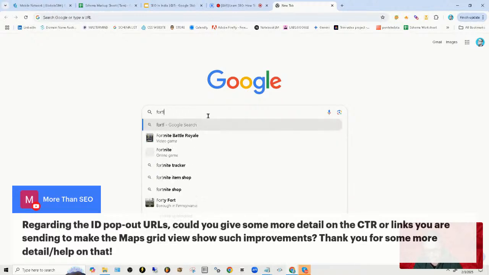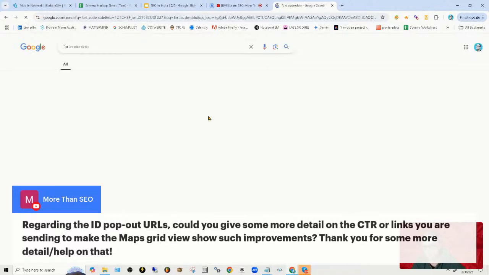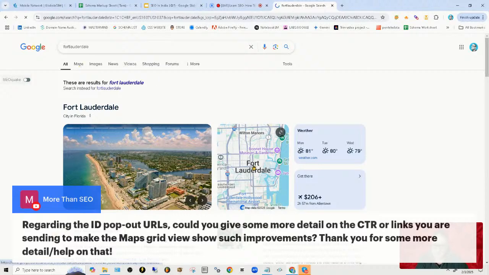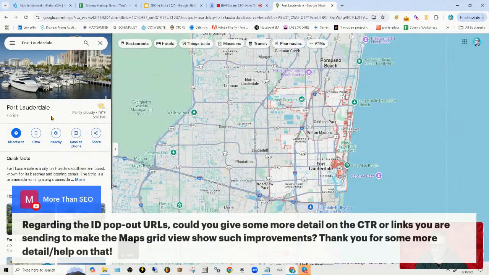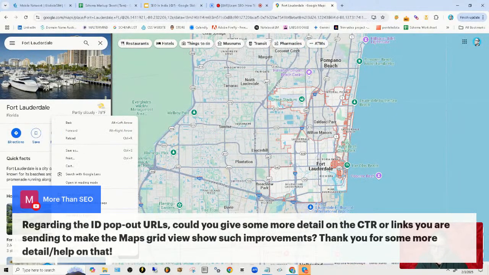Furthermore, let's just say this, all right? Let's say that you're in Fort Lauderdale, all right? If I'm in Fort Lauderdale and I head out here to Maps, okay, and I right click here and I come inside of here, view page source, all right? I go here, I do Control F /m/, okay? This right here is the M code, the Firebase entity ID for Fort Lauderdale, but it gets deeper. So you have your URL, that's your business, and I'm looking to associate this location to my business.